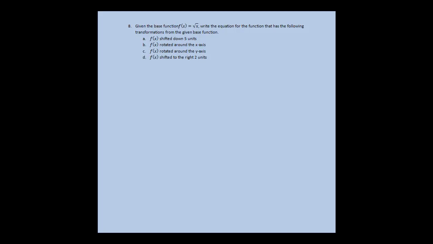And this question specifically deals with transformation. So this question is a transformation question. So in this circumstance, we have our base function. Our base function is square root of x. And in part A, we have a vertical shift. When it's shifted down, we know there is a vertical shift